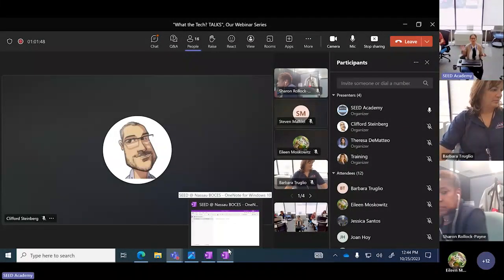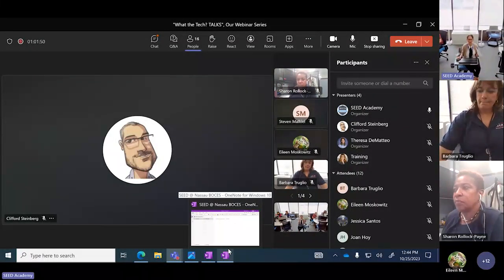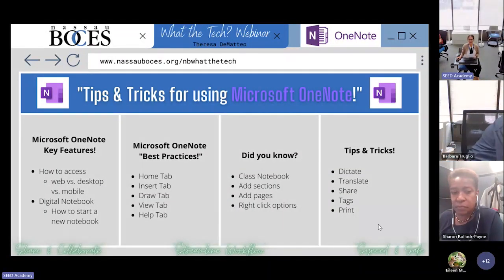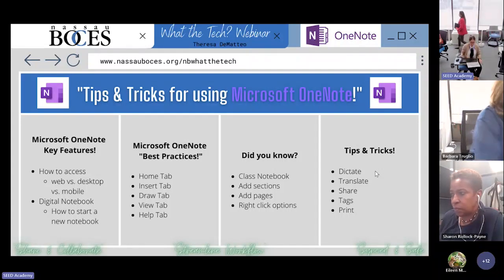Okay, so Microsoft OneNote. What is it? Why do we want to use it? What's all the hoopla? Again, this is the agenda for today, but I do have some other little things I wanted to add in that I did not put on the agenda. So